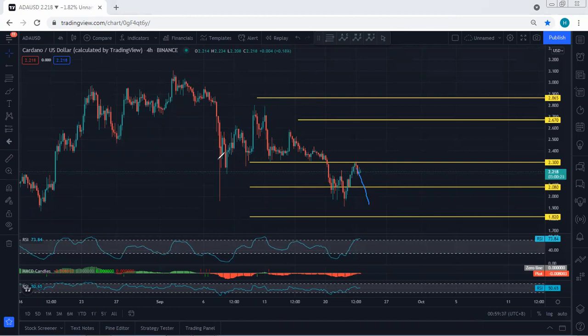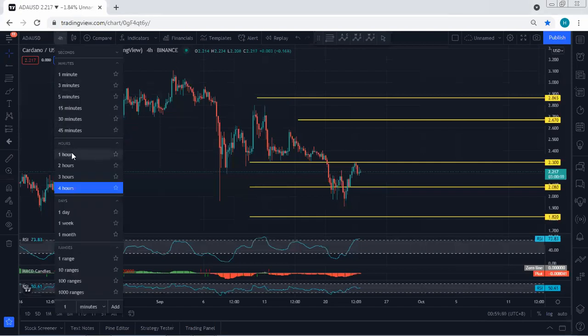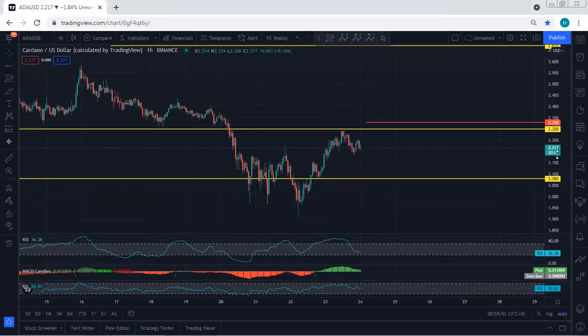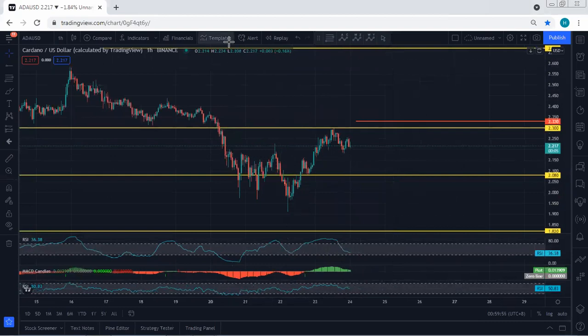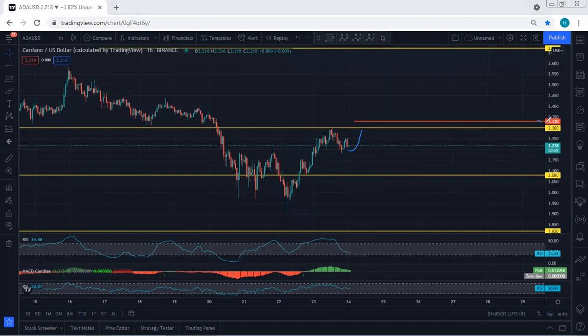Okay. And the second thing, 2.3, as you can see the price tag, we can look at as a strong resistance. That's why if the price cannot break, we can look for a sell. But whether we should look for a sell or not, as I mentioned, at this time I'm not really looking for a sell. What I want to see is whether we can get one move up, and whether the price can break 2.3 or 2.33. This is what I'm looking for. If the price could break, it is good. If the price couldn't break, then maybe from there we take the trade, we look for a sell.